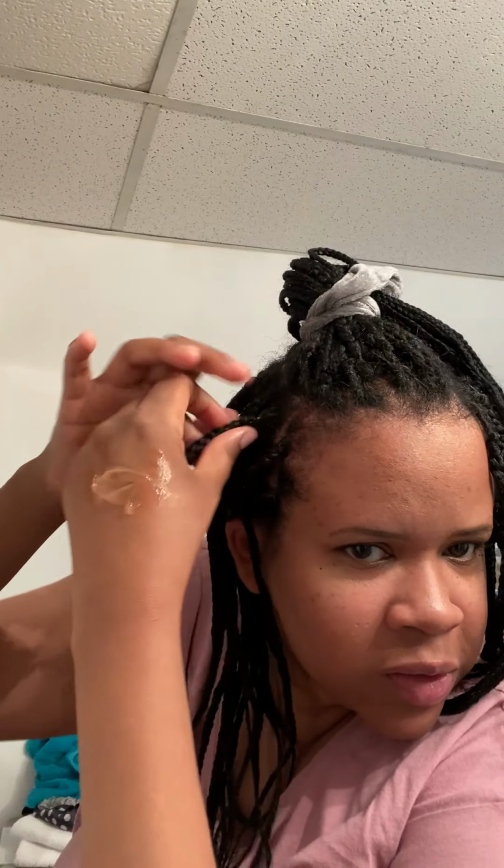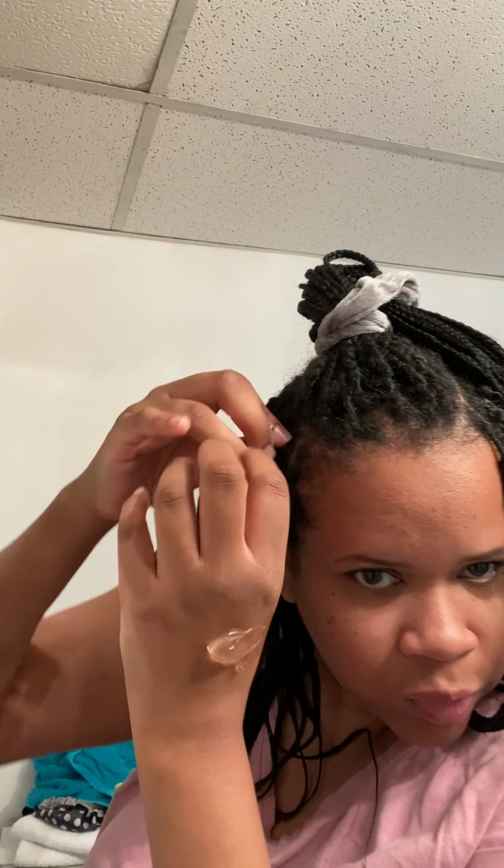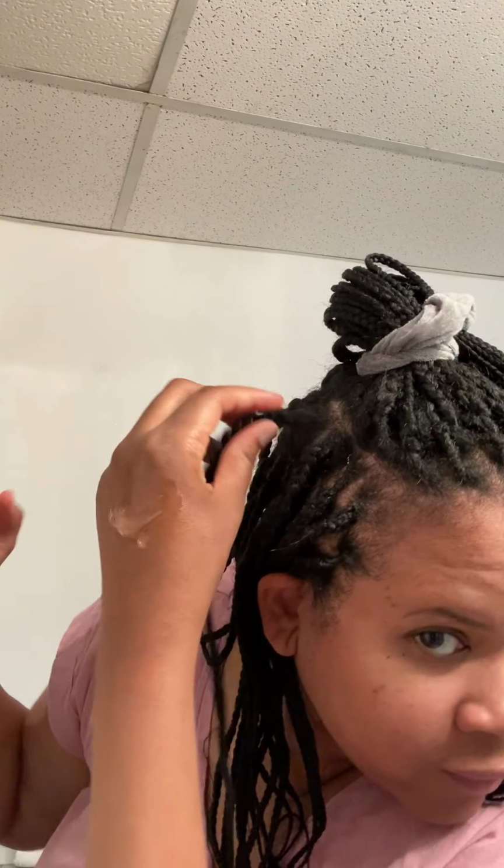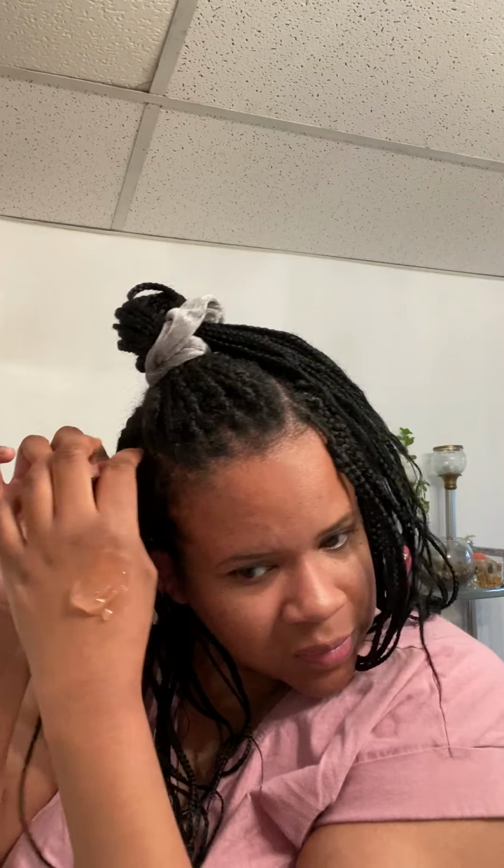You could roll it as many times as it will allow you to. Some people don't like to do it too tight. I do. But it's what your hair could take, what your hairline could take. I have very coarse hair, but it's very thick and strong. I wouldn't suggest you roll it too much if your hair is thin or thinner. But if your hair is coarse and thick,